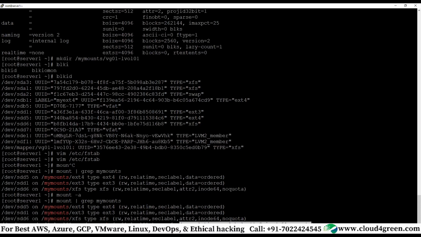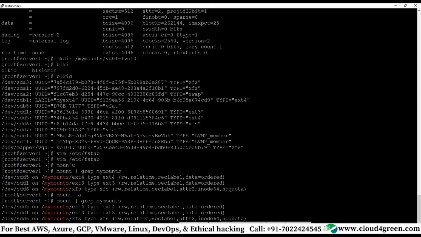Interview questions: why is fstab used? What is the best method to mount a device? If you want to make it permanent or persistent across reboot for a mount point, what do you do? What is the best method? Straight away, use UUID. Use UUID to mount a device in fstab.